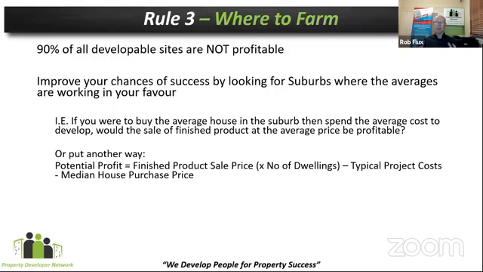Basically, what that's going to give you is suburbs where, on balance of probability, the majority of deals will actually work. Now, that doesn't mean that other areas won't have deals, okay? There are always going to be opportunities in suburbs where you can buy under market value, where you can get the perfect site that has very low development costs, or you happen to have a fantastic site with great views and you might get an uplift on those. So those deals will actually still happen, but you're going to be banging your head up against a wall 99% of the time and struggling to actually understand why your deals don't work.